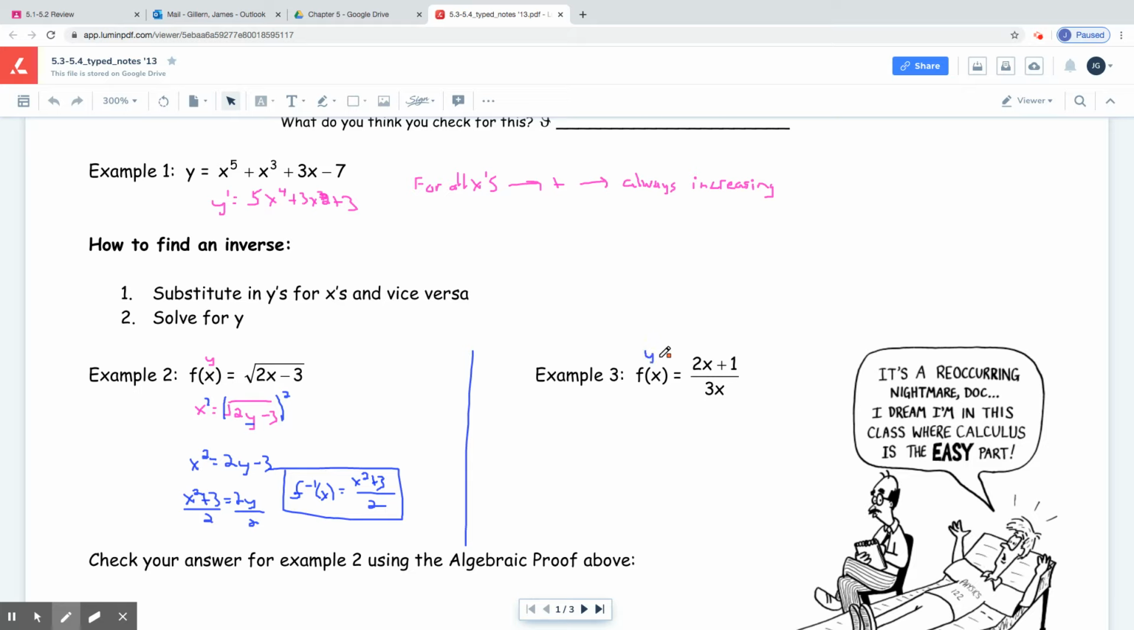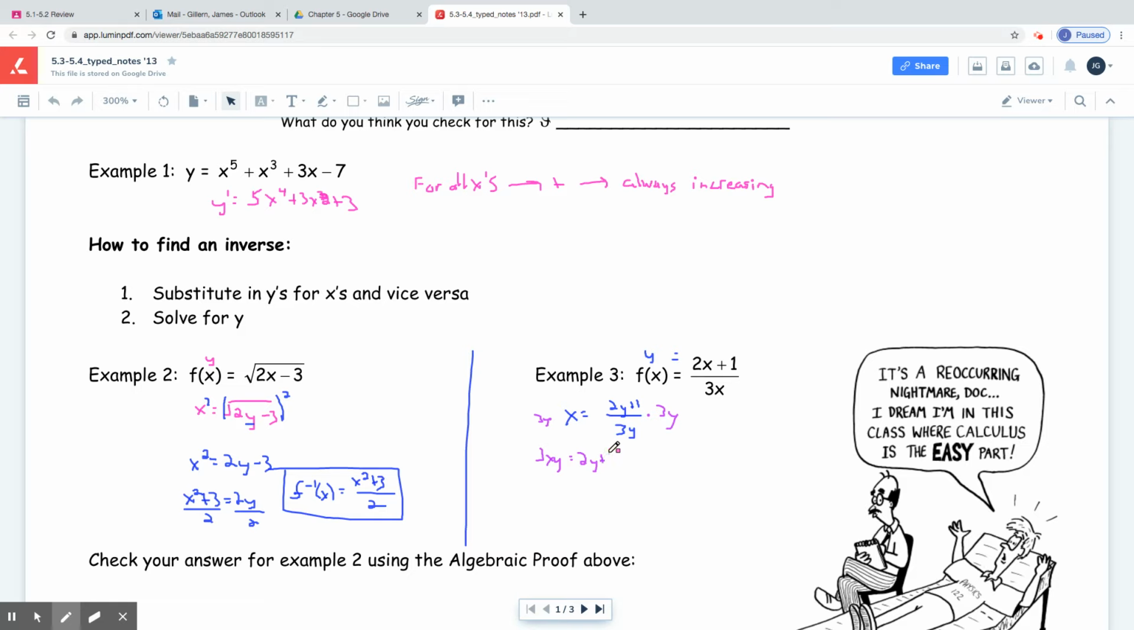So remember, that's y equals the same thing, so I'm going to substitute. I get x equals 2y plus 1 over 3y. Now the issue is that we have y in the denominator. We are going to get rid of that denominator, we don't like it, so let's multiply both sides by 3y. So I get 3xy equals